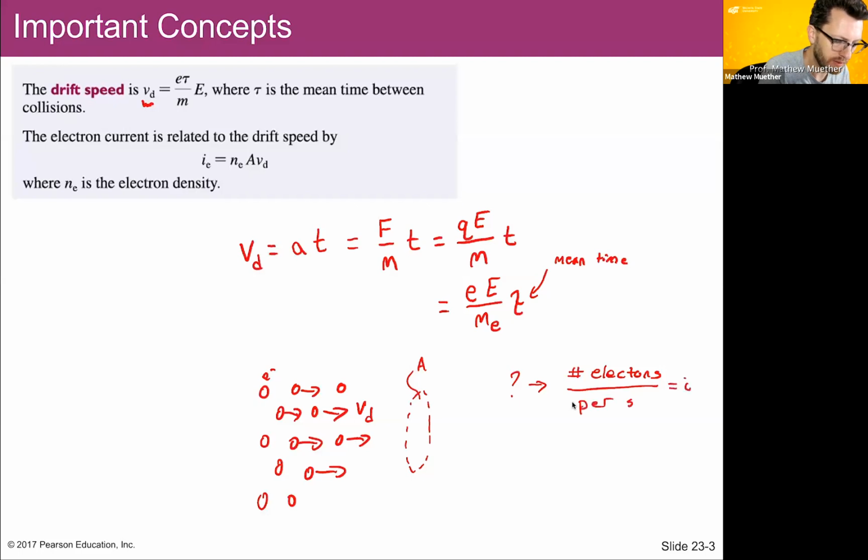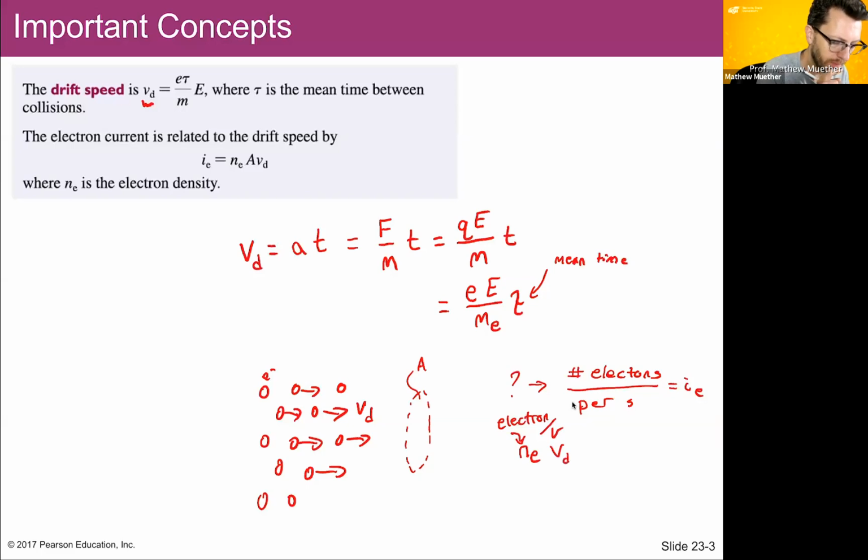And that's what we're going to call IE, the electron current. It tells me how many electrons pass through my window per second. And to calculate that, it turns out all I need to do is have these physical quantities. I need to know NE. What is this? This is the electron density. This is the electrons per volume inside of my conductor, or in my space, right? How many electrons per volume I have that are flying along. And then if I multiply that by the drift velocity,